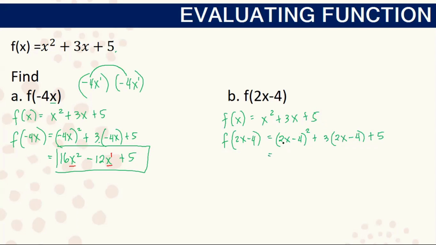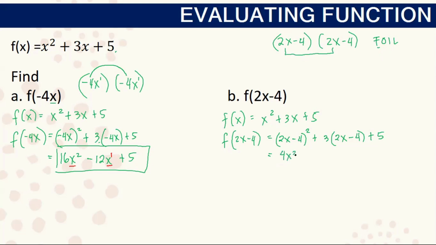Okay, simplifying, 2x minus 4 raised to 2 is 2x minus 4 times 2x minus 4. You can simply get the square of this binomial or perform the FOIL method. So in my case, I'll be performing the FOIL method. F stands for the first term. So 2x times 2x, we get